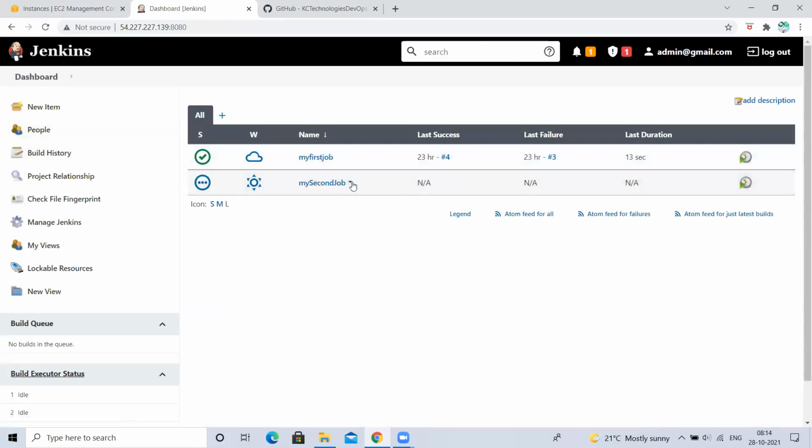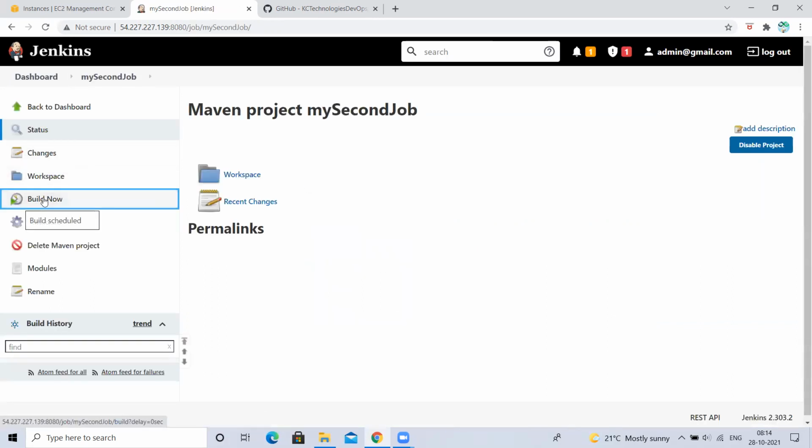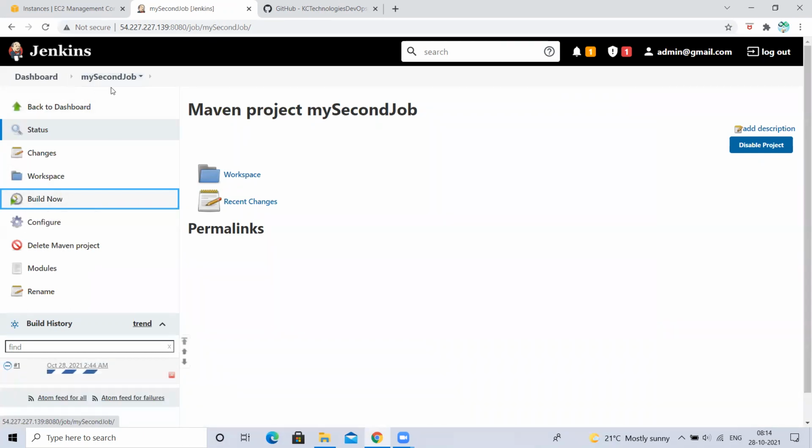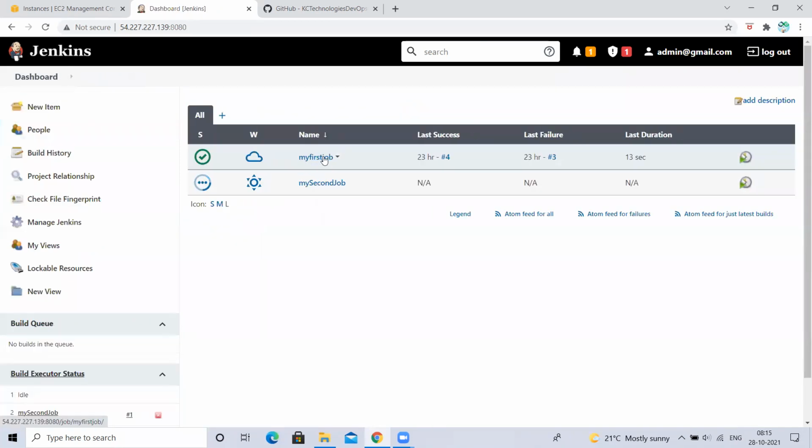I'll go here. This job, right? You can click on build now from here itself, or else you can select on this and click on build now. So it is going to fetch the changes, means it is going to clone the changes because it is a new job, right? So now tell me, under var/lib/jenkins/workspace, will it create a new folder for this job? Yes. So already under workspace we have one folder called my first job. It has already cloned there. But now as we are using a new job, it will create one more folder and clone once again under this folder. Okay, this is separate. So this is a separate clone.